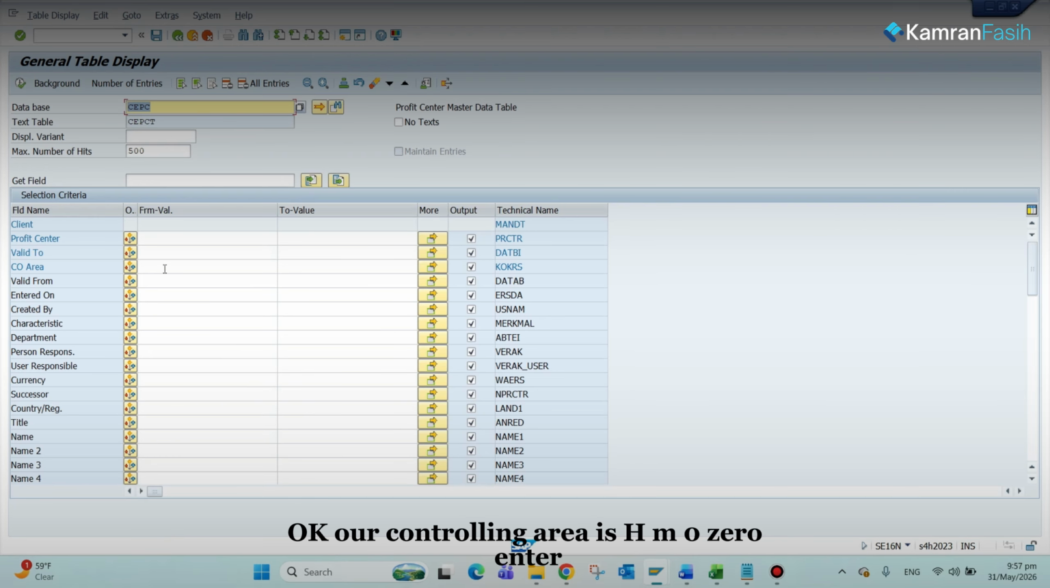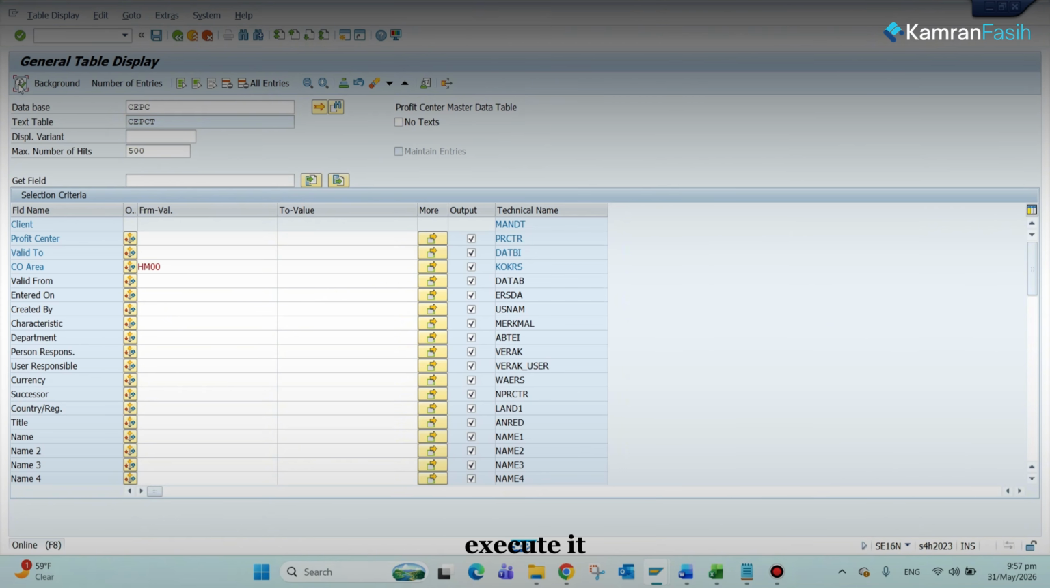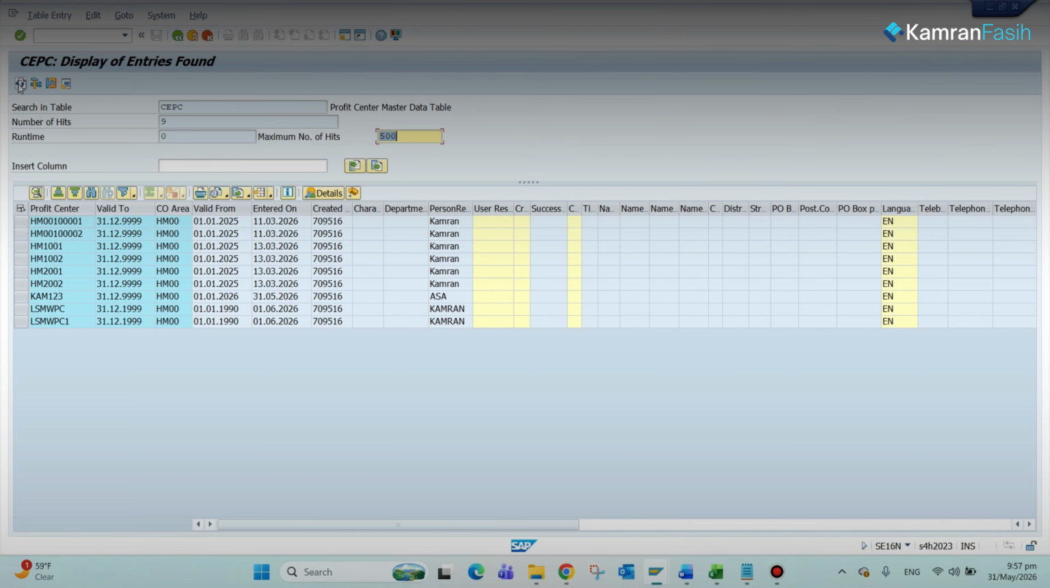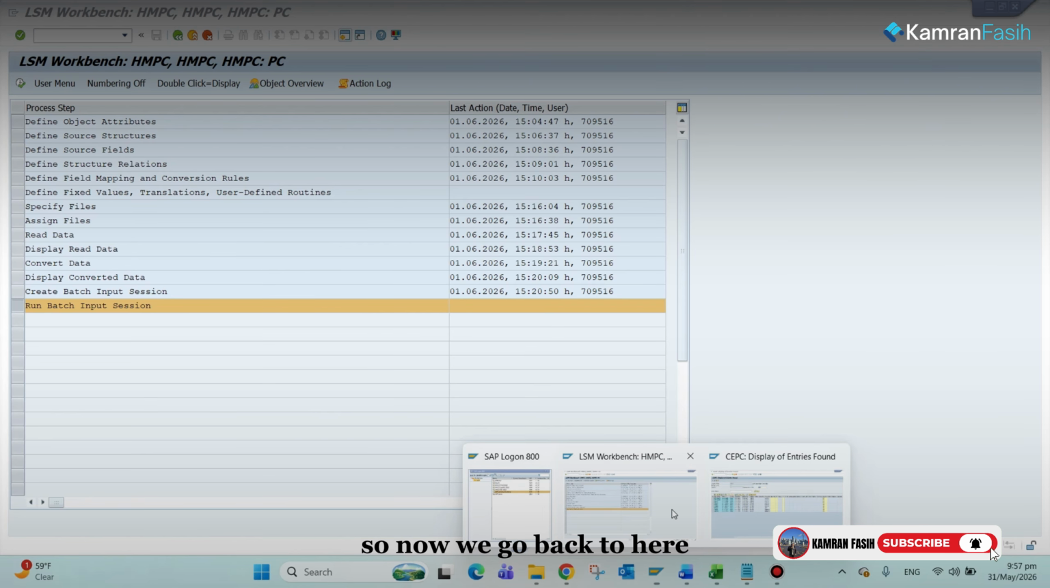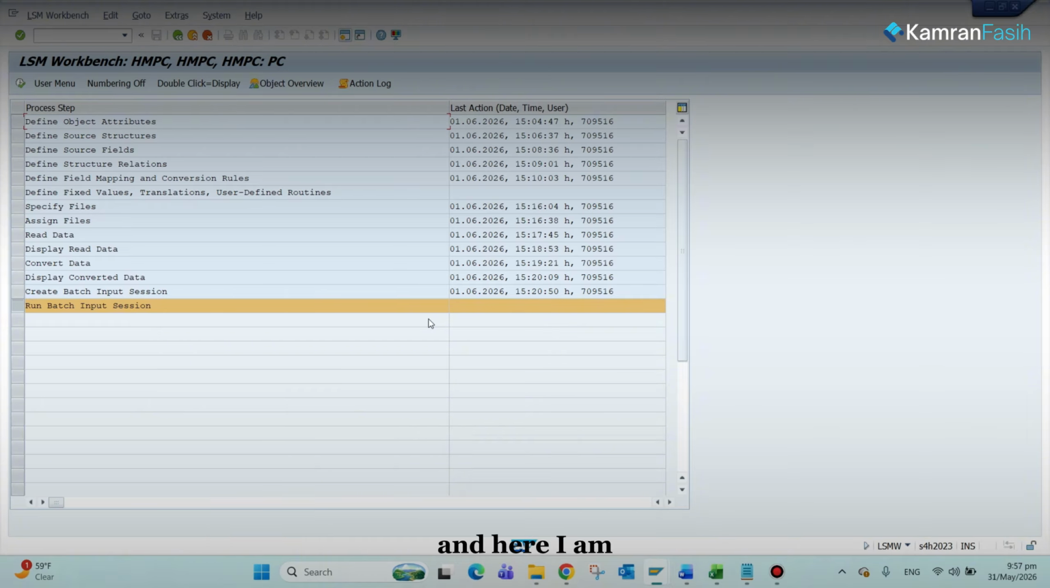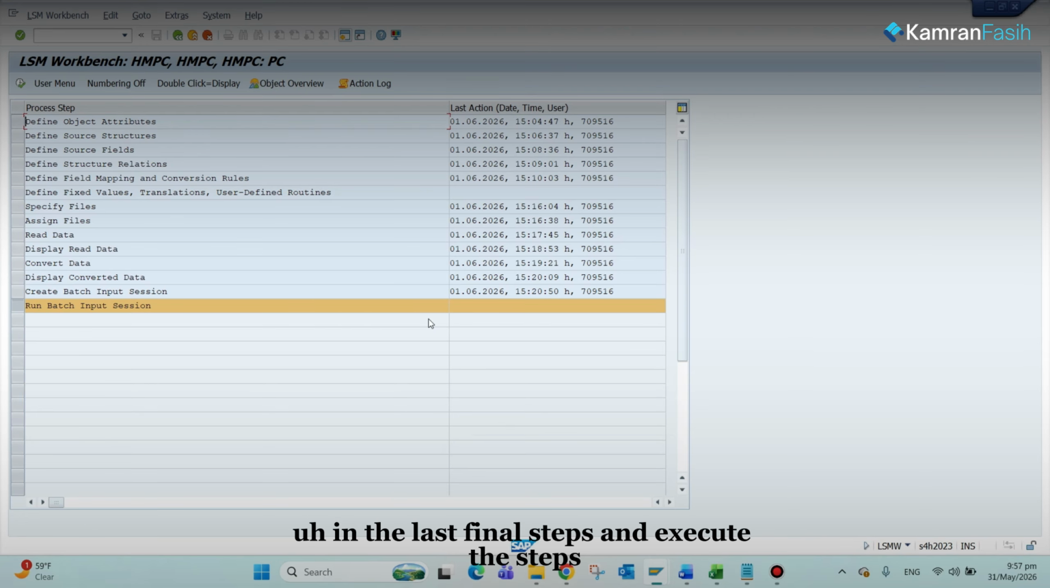Okay, our controlling area is HM00. Enter. Execute it. This is our controlling area HM00 profit centers. There are 1, 2, 3, 4, 5, 6, 7, 8, 9. 9 profit centers we have currently. So now we go back to here, and here I am in the last final step, and